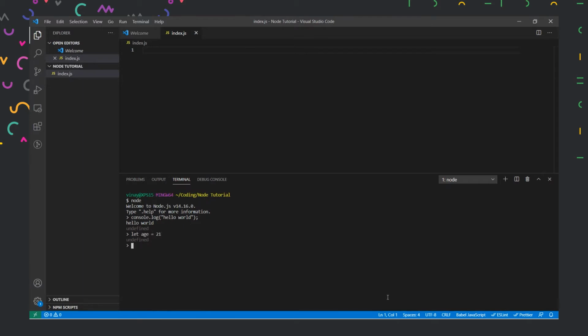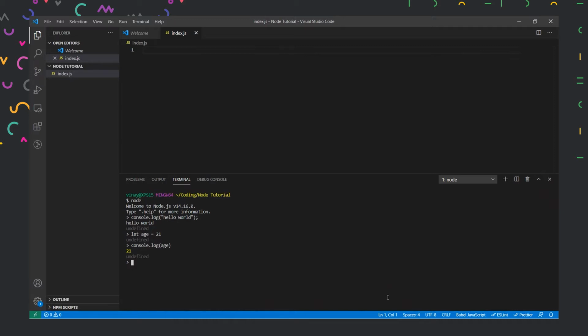It will store that age, and the next time I access it, let's say we log it, it will print out the value. So this runs in an infinite loop, but it is not very helpful because we are not able to store this code. It may be good for playing around with code, but we need to store it somewhere so that other people can access it and our server could access it.